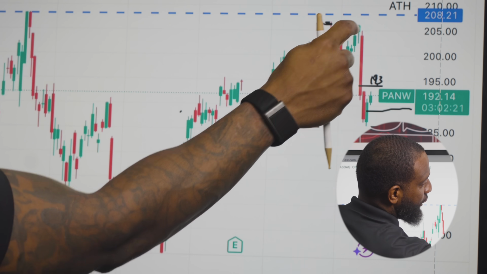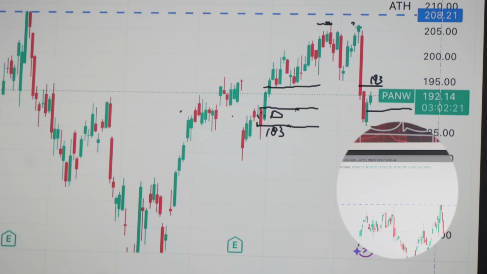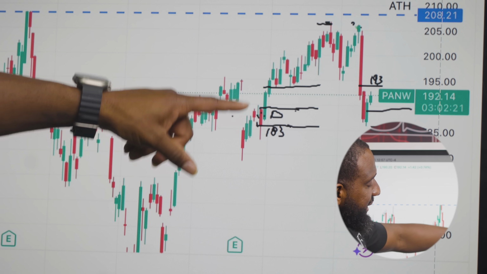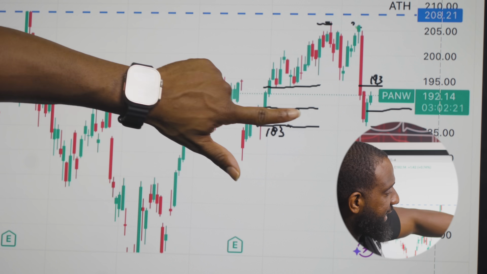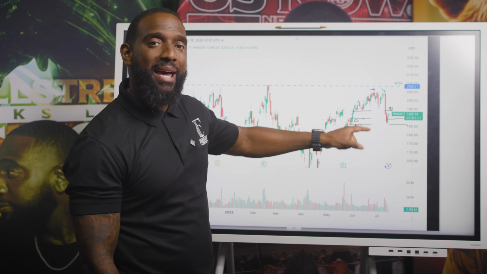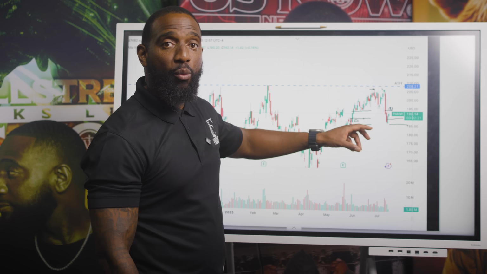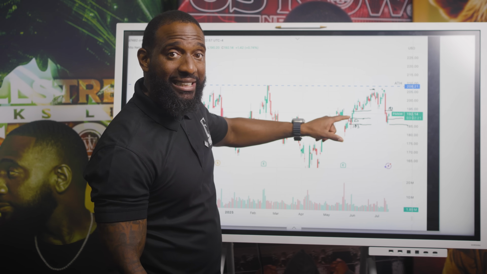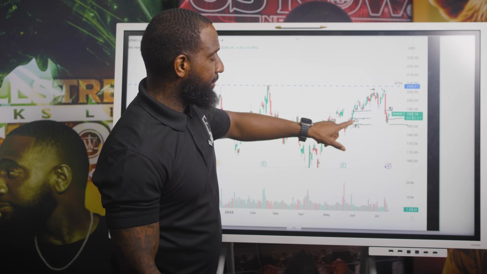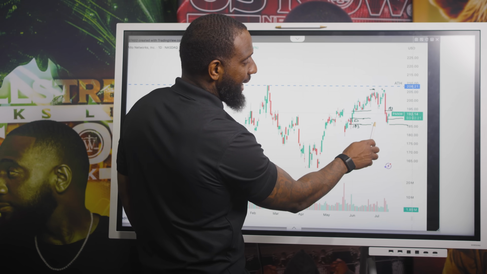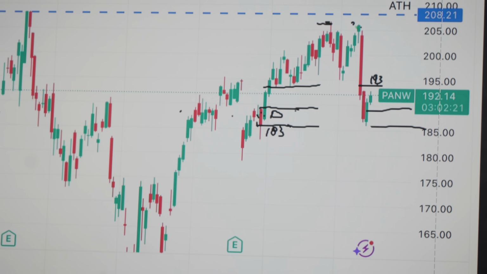So from 183 to 208, 206 is the base, right? And so what I want us to understand is this becomes a demand zone. Now, Trap, what does that mean? All right, so a demand zone tells us specifically that this is where more demand is going to be. And so this is where buyers step in, smart money steps in, but they got to come back here. When it comes back here, you're going to see a story taking place.